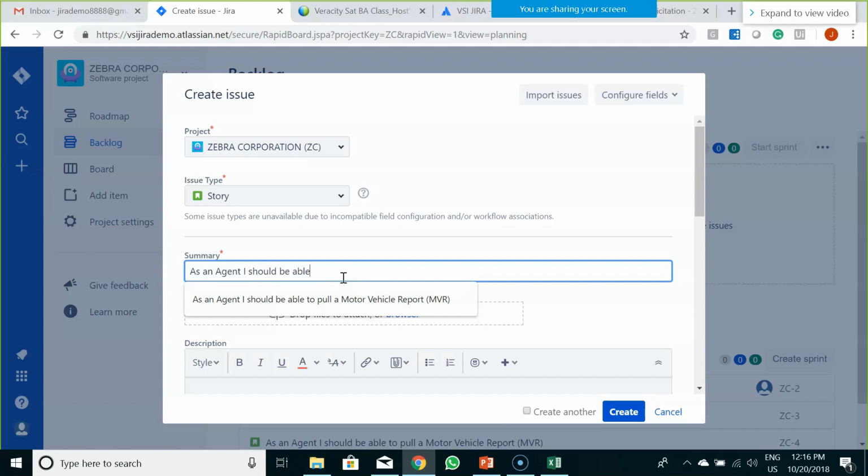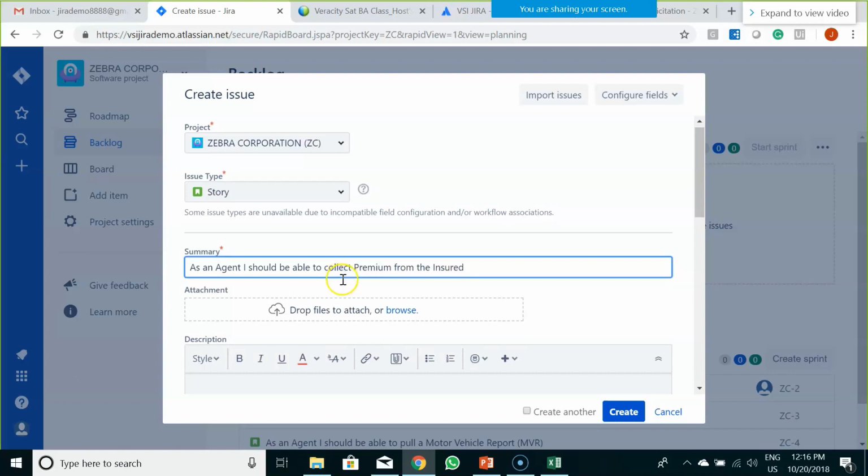I should be able to collect premium from the insured.